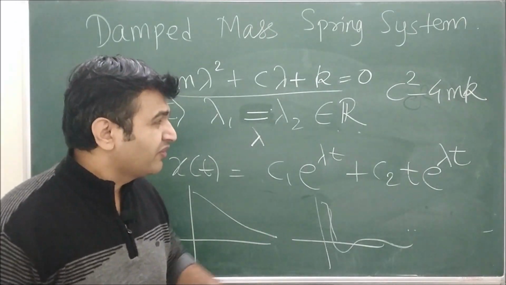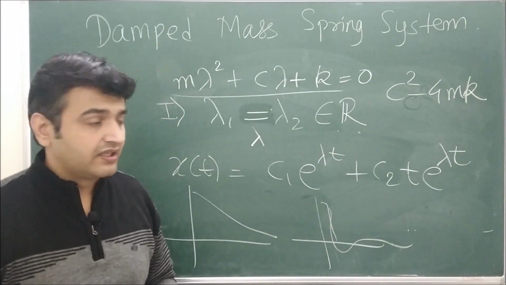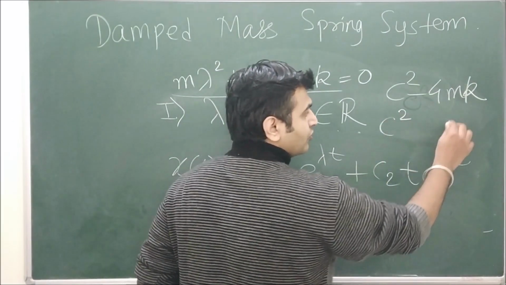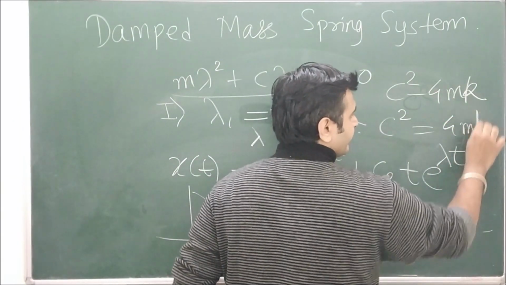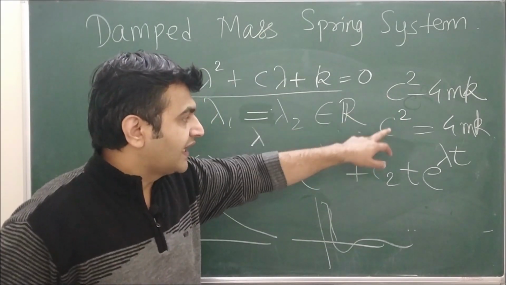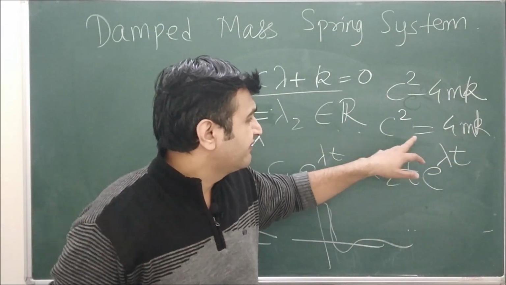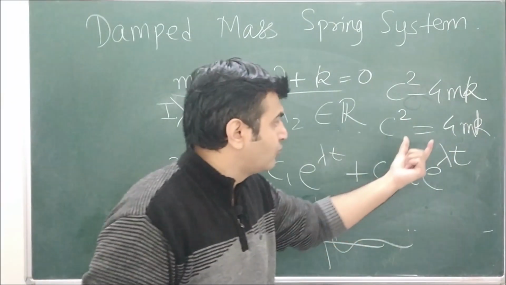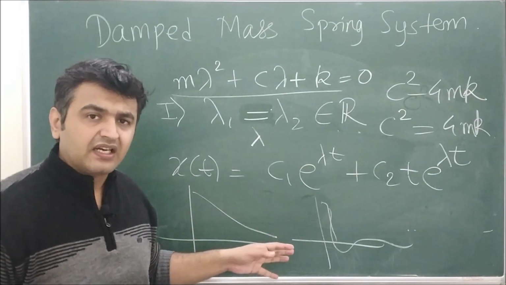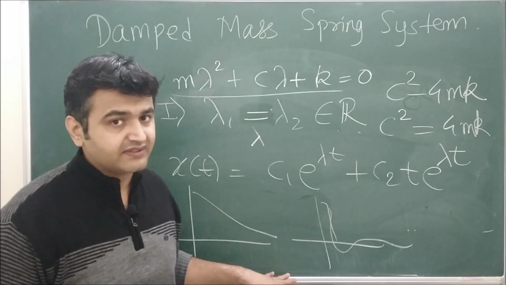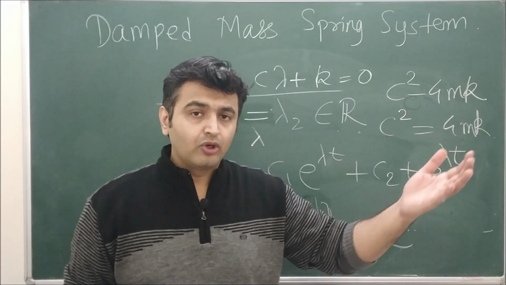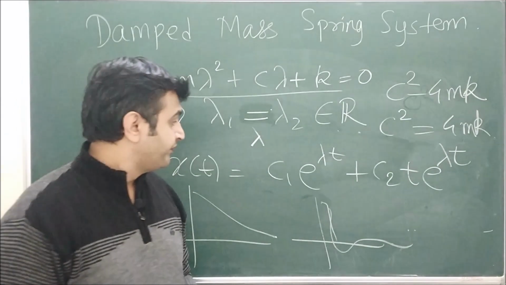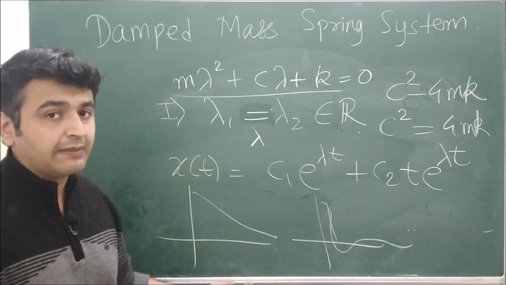Okay, but this system hardly occurs in physical nature. Because it is very difficult to tune the system so that the square of the damping constant is equal to 4mk. Discriminant 0 means I have c square equal to 4mk. Either c square will be bigger or it will be less. It's very difficult to tune in such a way that both are equal. So this case hardly or negligibly arises in the physical system. You will either see overdamped or the third one, underdamped system. These are the two systems you will come across. But nevertheless, this we call a critically damped system.